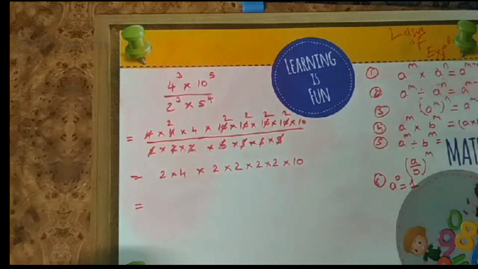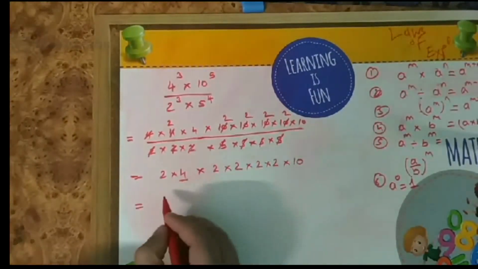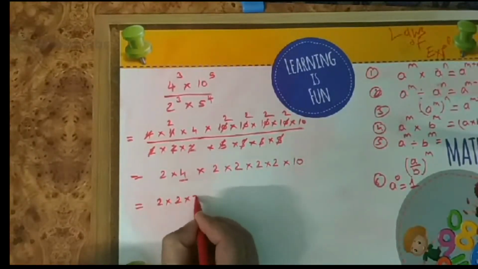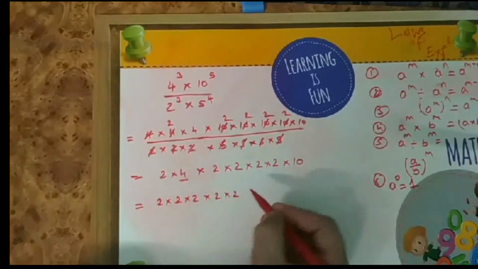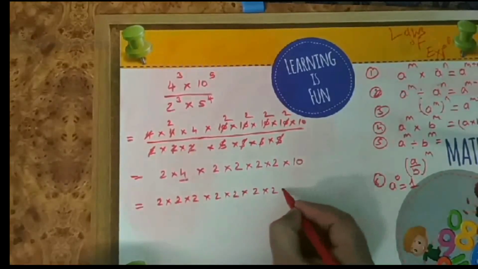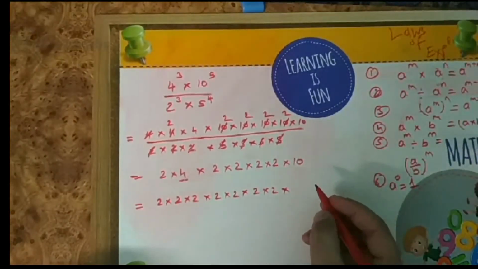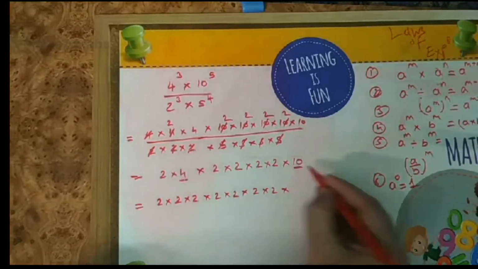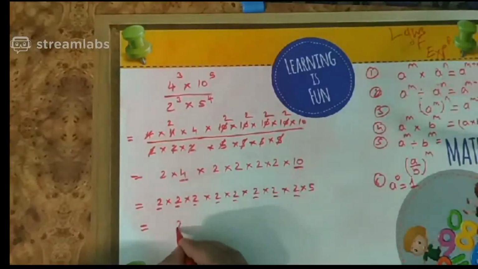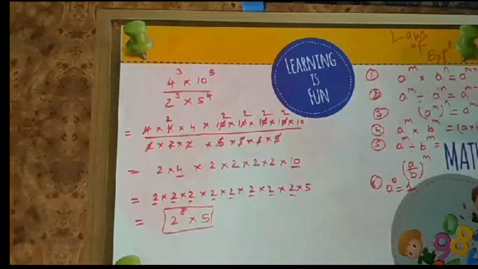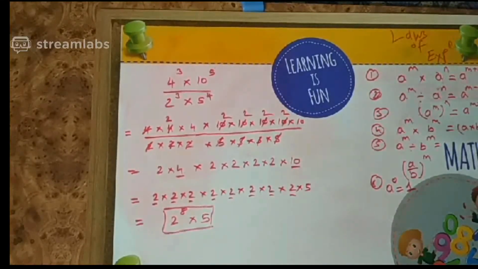Now I will further break this 4 into 2 multiplied by 2, multiplied by 2. As you can see, we can further divide 4 into 2 and my remaining powers multiplied by 10, so there will be no confusion regarding it. Whenever such questions come in the examination or in the exercise, you have to solve them in this way.